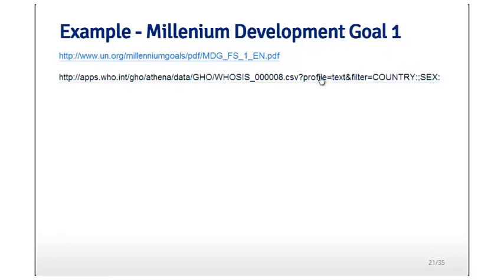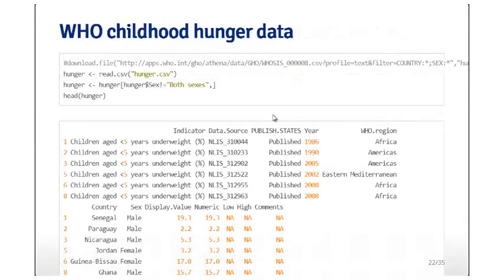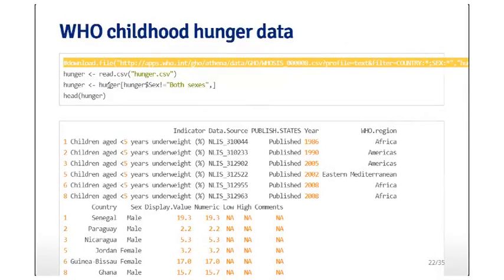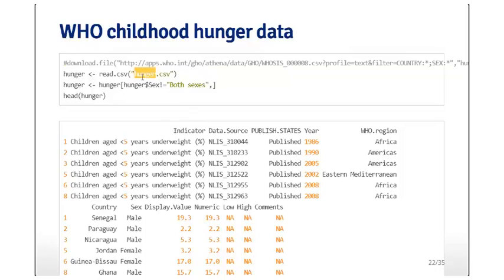And he shows you how to get the data, but I also have it on the GitHub, the data we pulled on the GitHub repository for these slides. So here's where you download the file, but I have it commented out because I have it in the GitHub repository. So here, instead, you can just read in this hunger.csv,